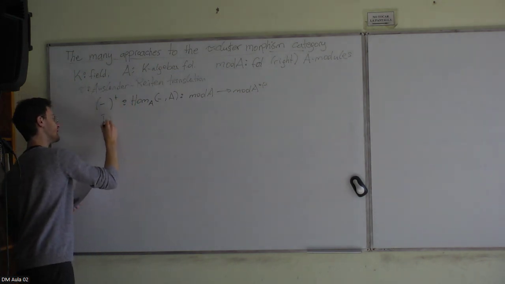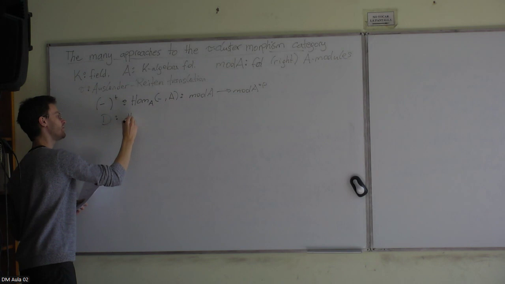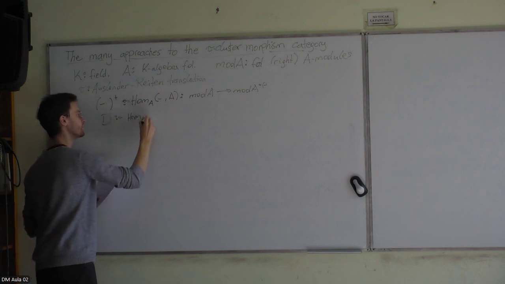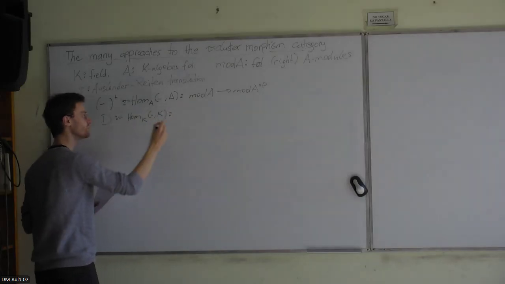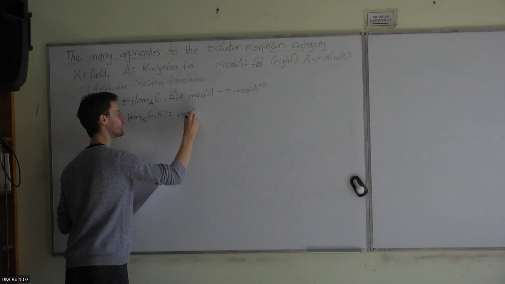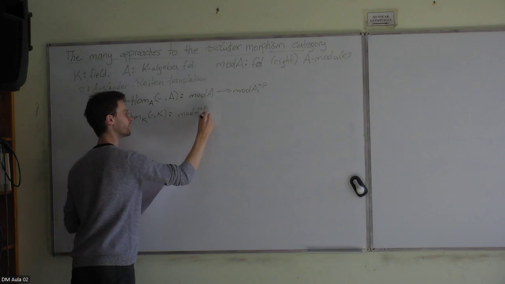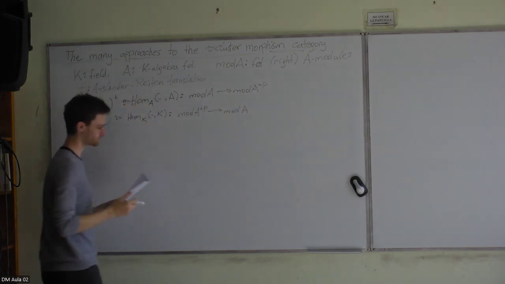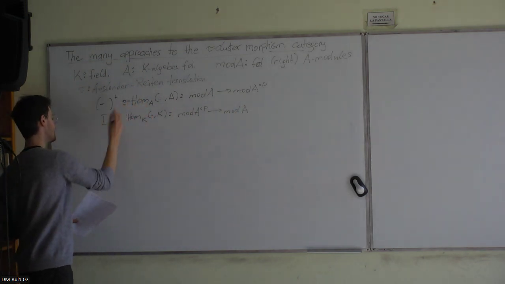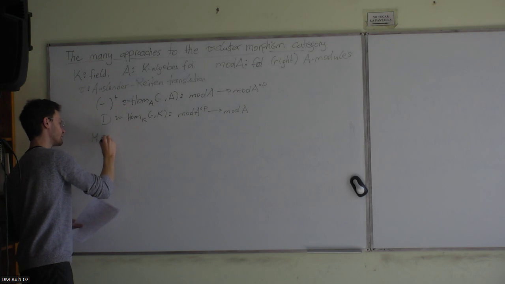And we need the K dual, which is this contravariant functor, which we assume goes from the category of left modules to the category of right modules. And now if I take some module M,